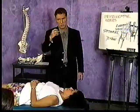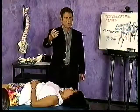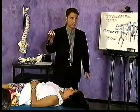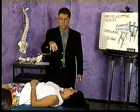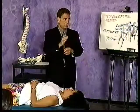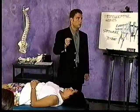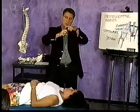Almost all musicians play in flexion. And the nerve system operates in a yin-yang kind of thing. It's got to have flexion and extension. All muscles have built-in flexion and extension. The problem with most physical activities and with musicians is that almost all your playing is in flexion. And you don't use extensors enough. And you're always overpowering one side of your nerve system and one side of your muscle system while you're shutting down the other, because the nervous system is pre-programmed so that every time you flex a muscle, it automatically shuts